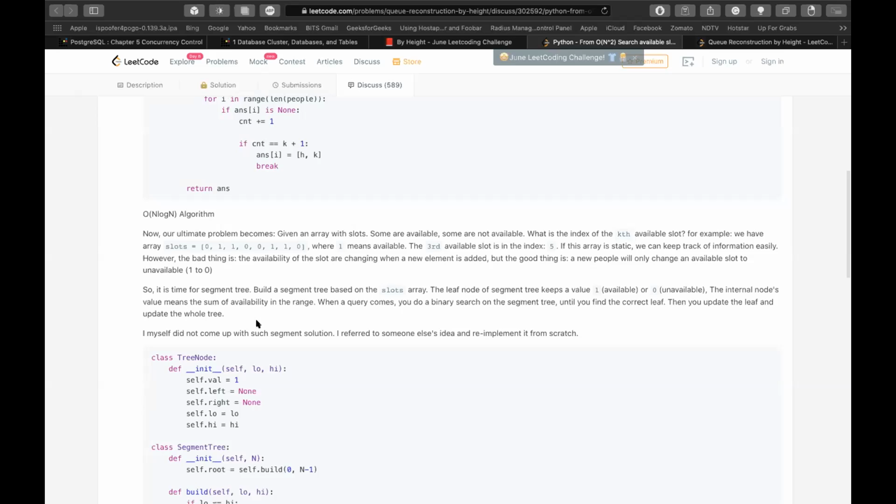They are taking this as a cumulative sum, and whenever a slot is occupied, they change that value to 0, and they find where that index will be after updation.